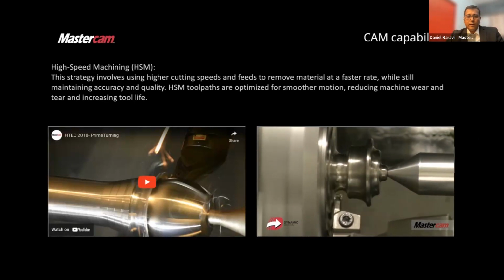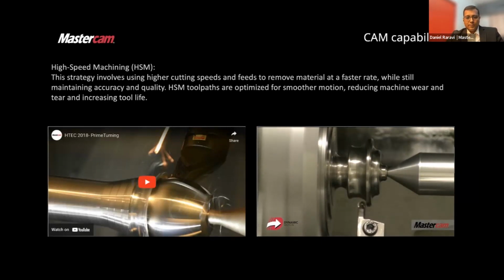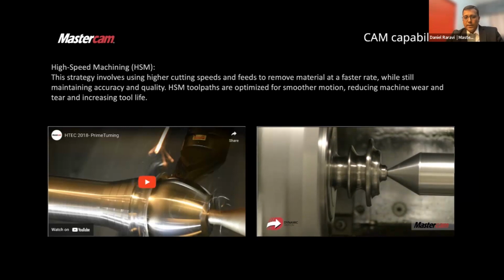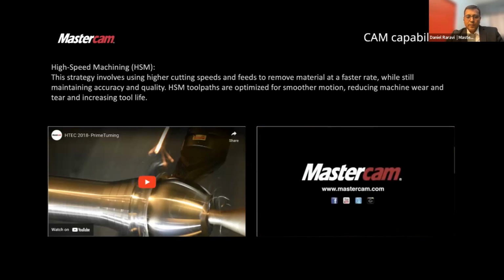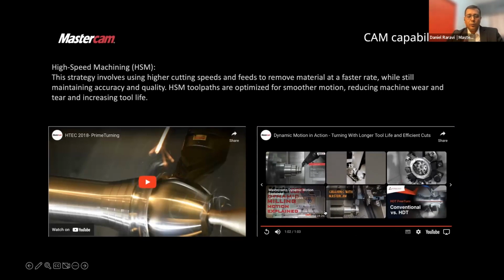The advantage of this strategy and tooling is that it allows you to nearly reduce your machining time by 50%. If something would take 2 minutes, you would finish that in 1 minute now, considering that you're cutting on both sides. Of course, the toolpath strategy is also unconventional, which means that there's a lot of research that goes into creating those innovative toolpaths that do not follow a traditional kind of toolpath.